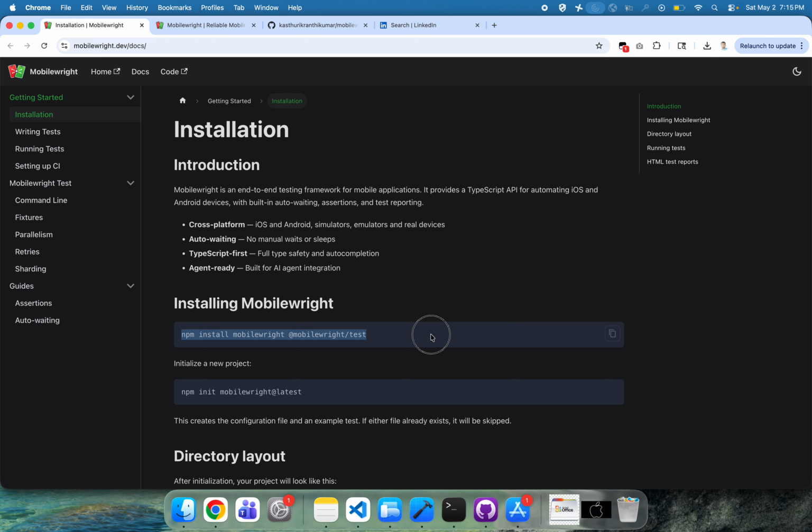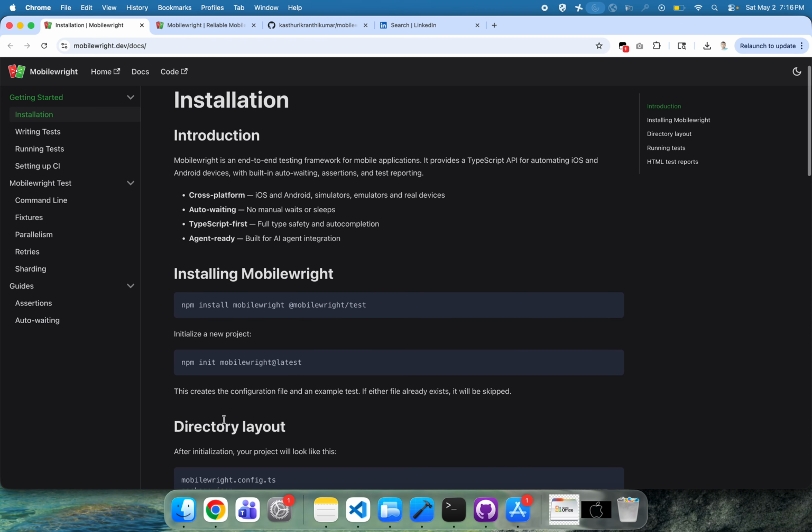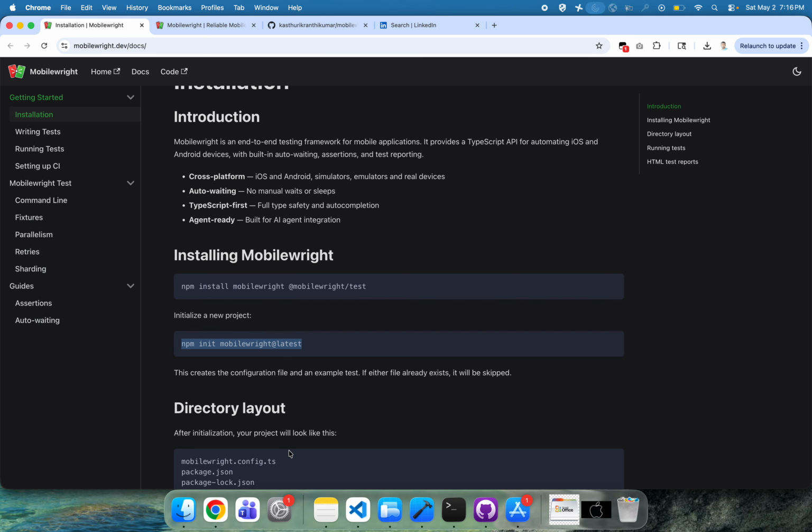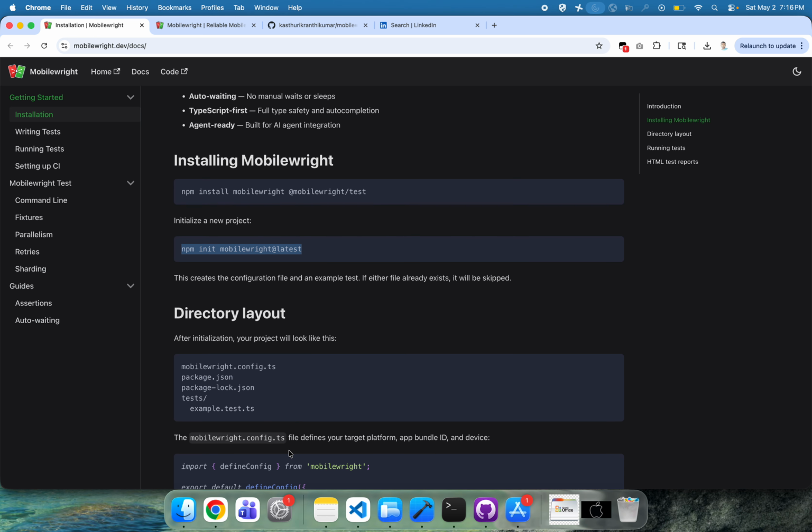I have npm already. You can just install npm, that is Node, and you can just run this particular command to install Mobilewright. Then you can initialize the project. The moment you initialize this project, you get the project structure along with sample code. Under the test folder, you get the sample code, package.json has all the dependencies, and you have a config file,